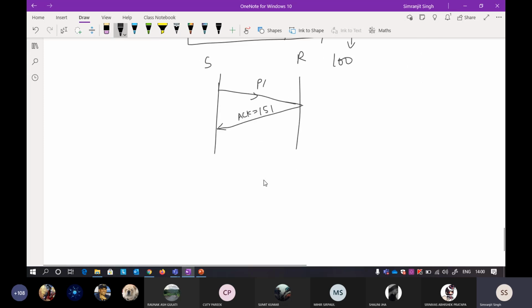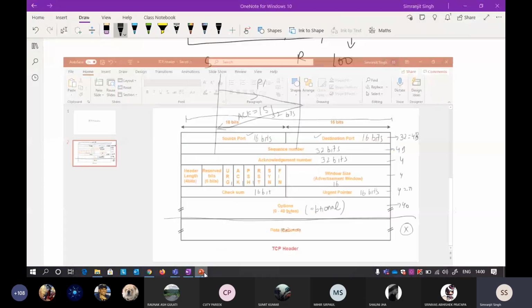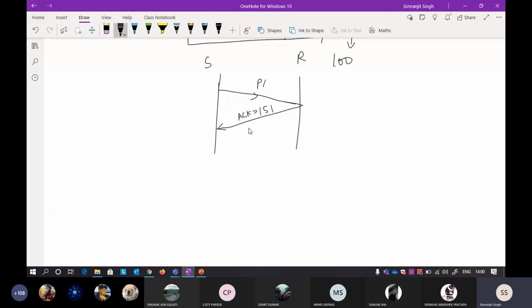If you see here, there is no total length field. But in the IP protocol there was something called a total length field. The total length of the packet was already defined in IP, but it is not defined in TCP. So how are you able to figure out the end of the packet?